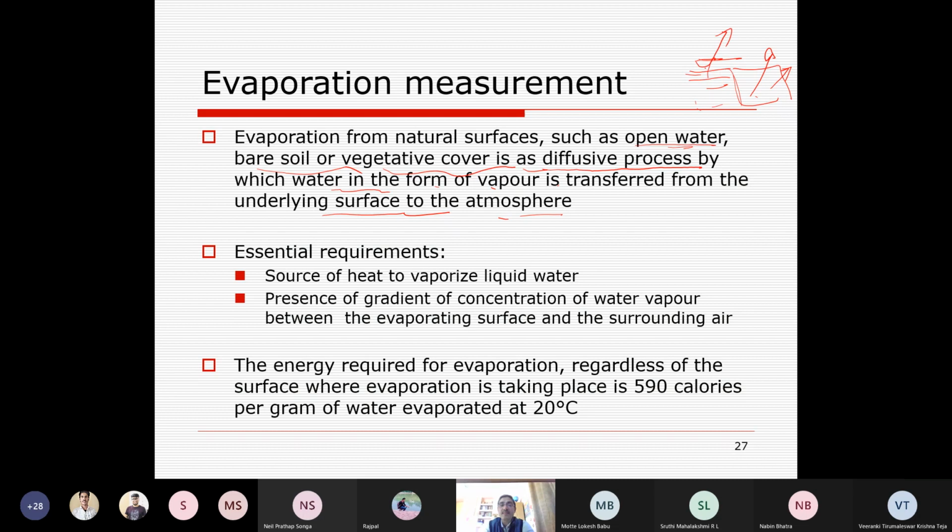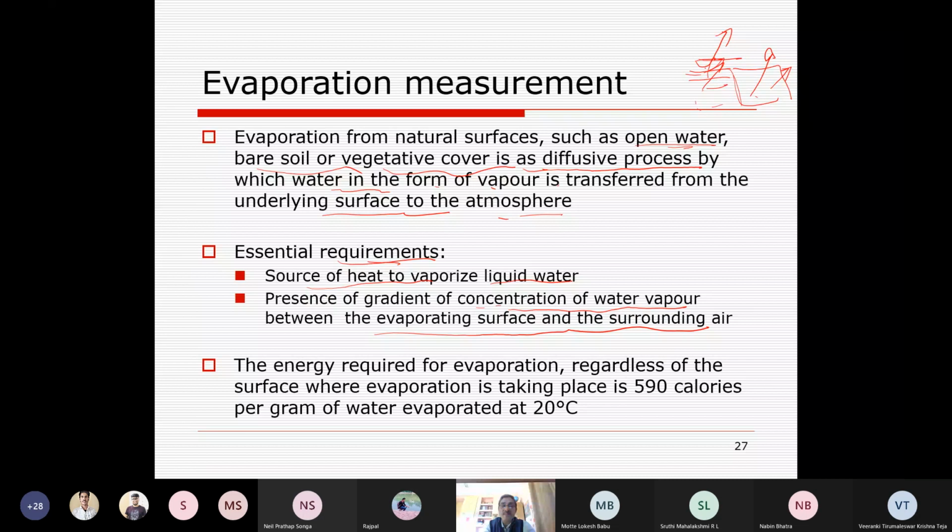However, its requirement is a source of heat to vaporize liquid water. Source of heat is solar energy. Presence of a gradient of water vapor between the evaporating surface and the surrounding air, that is an essential condition to start the evaporation. The energy required for evaporation,